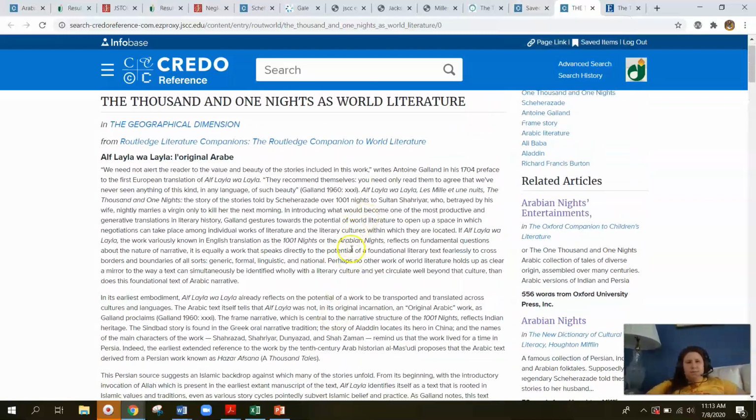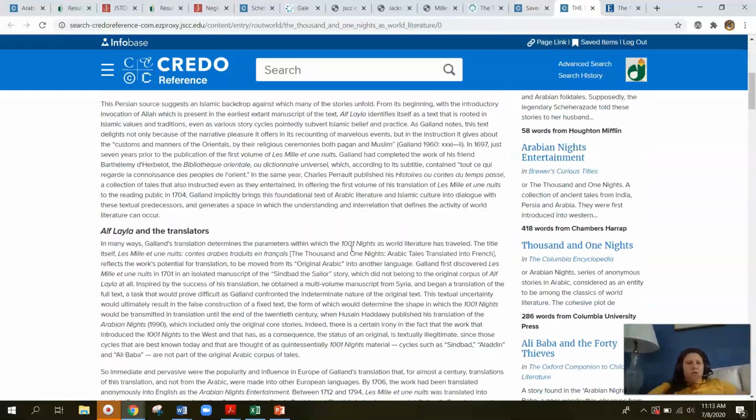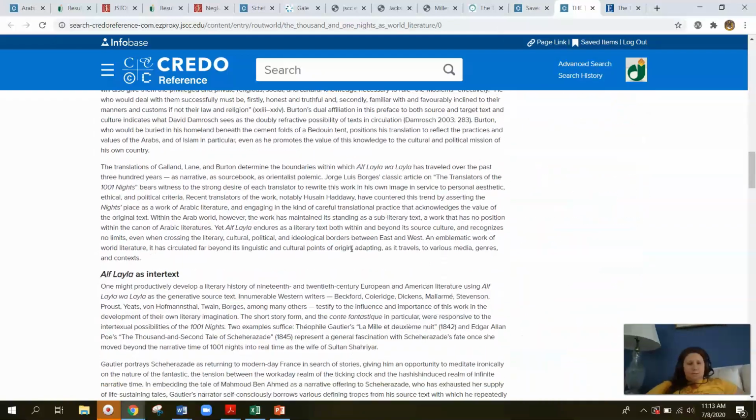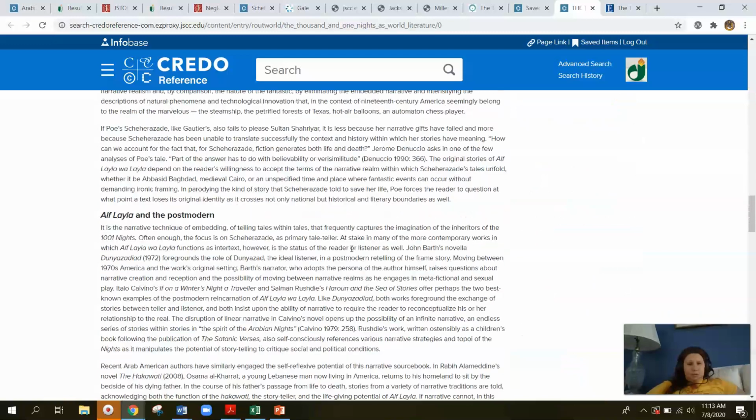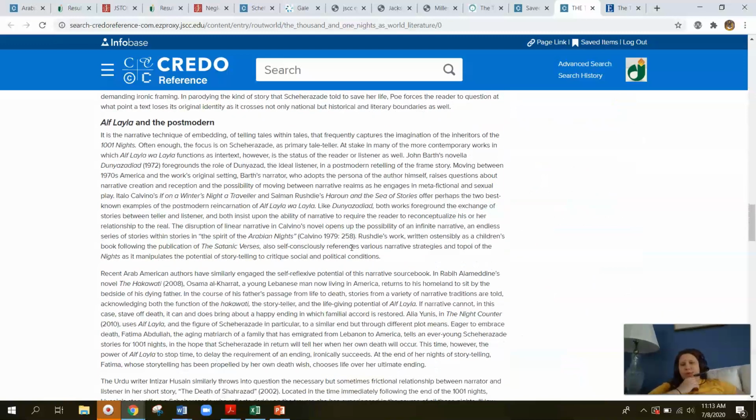This one talks about the translation of it as world literature. This is definitely a really good source. Reading through this, I know some professors don't want you to use an encyclopedia, but you can find information about that work that you can go and do research on.